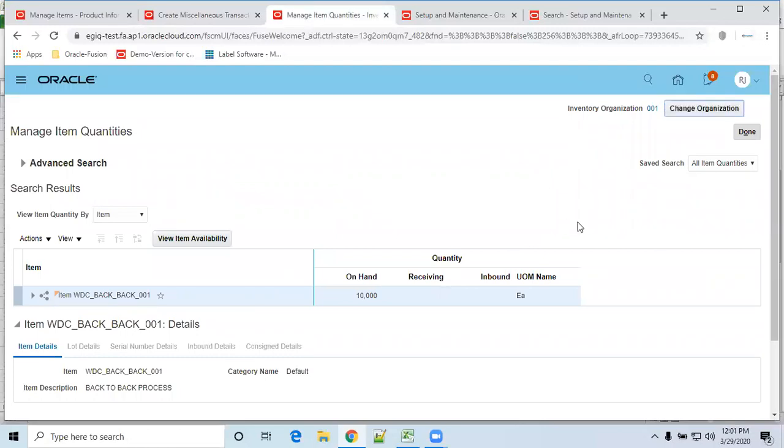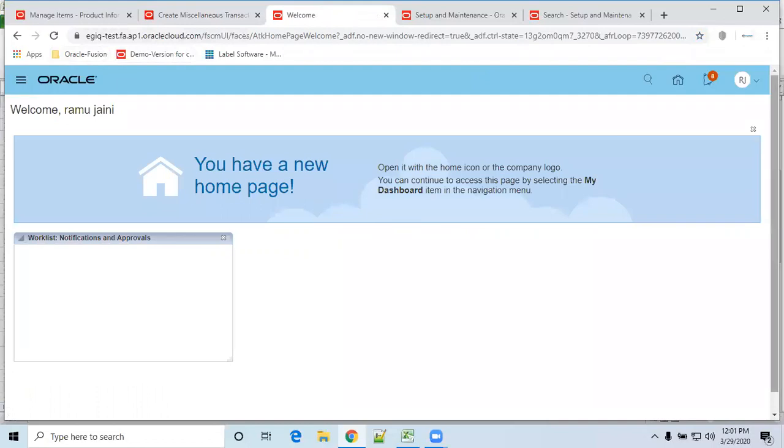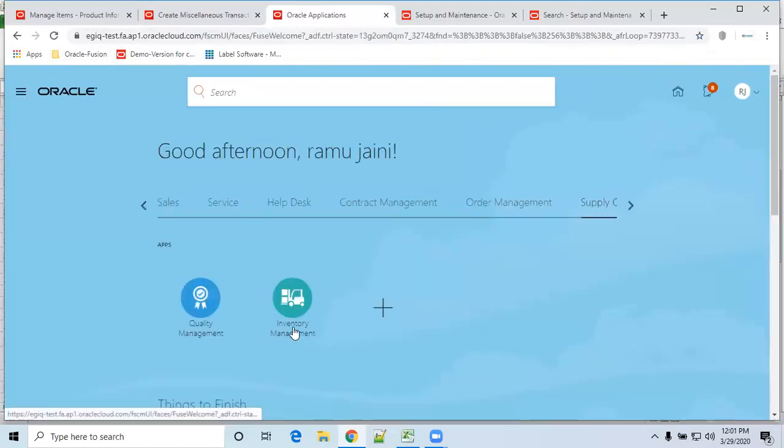Okay, change the organization. Okay, I think we'll go to the home page. So open inventory transaction. Go to inventory management.